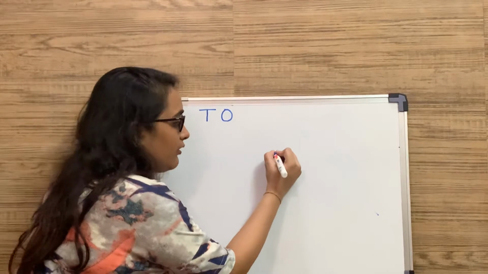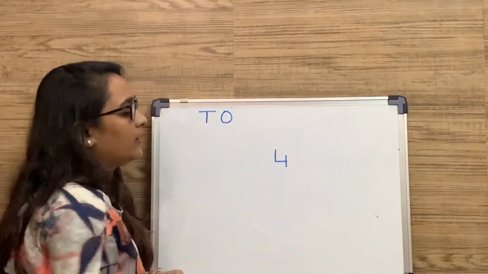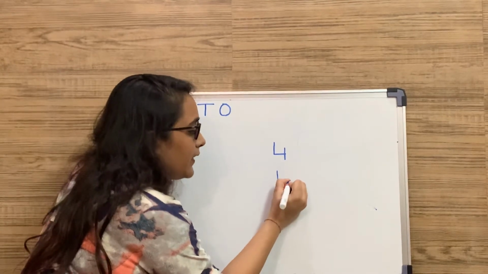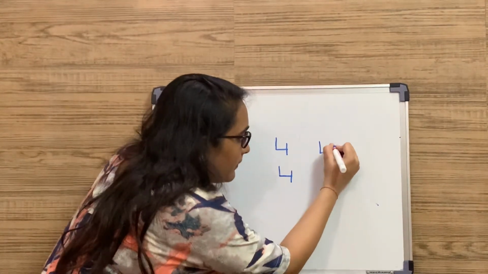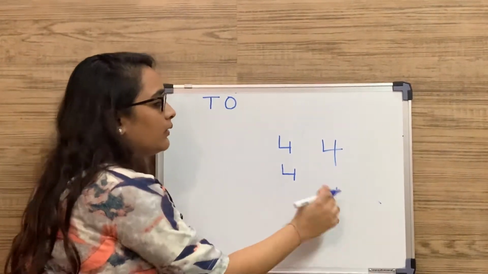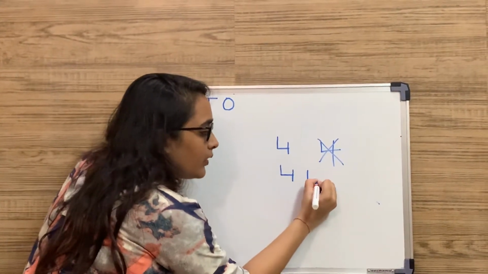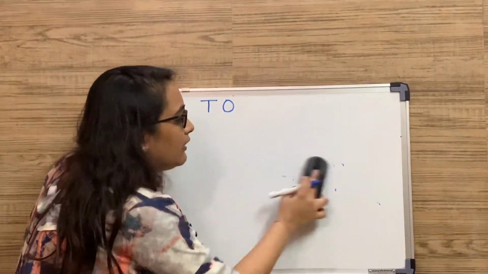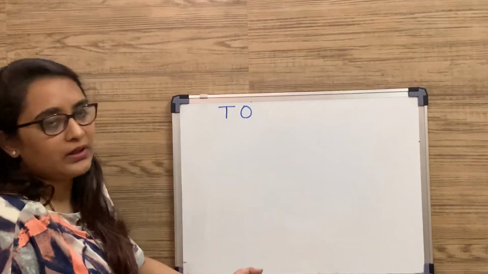Number 4, how do we write it? Standing line, sleeping line, standing line. This is the way we write it. I have seen many parents teach standing line, sleeping line, not this much, but this. No, this is the wrong way. We cannot teach them in this way. We need to teach them in this way only: standing line, sleeping line, standing line. Then you can draw any 4 objects, or keep the objects in front of them. They can count them, and it will be very easy for them.